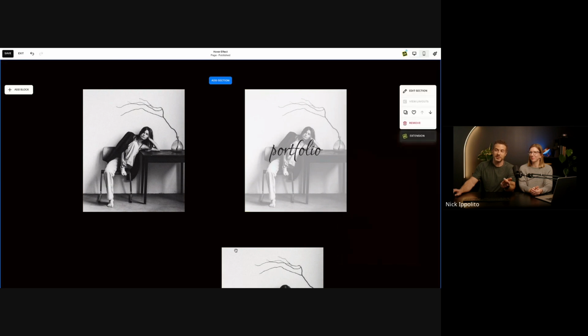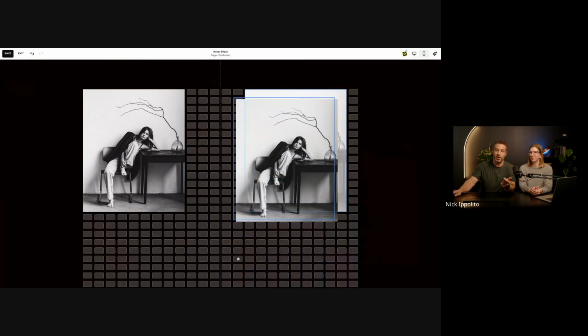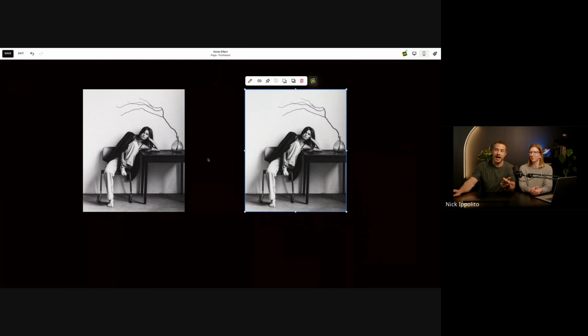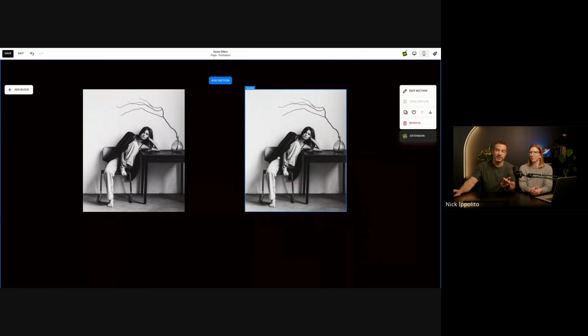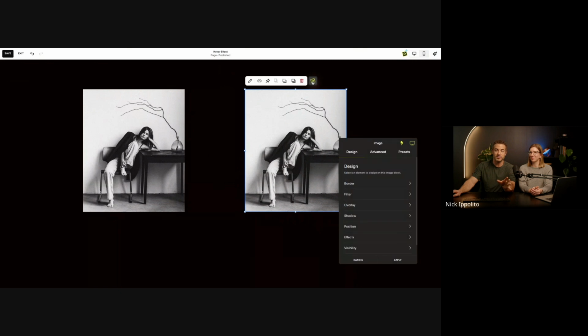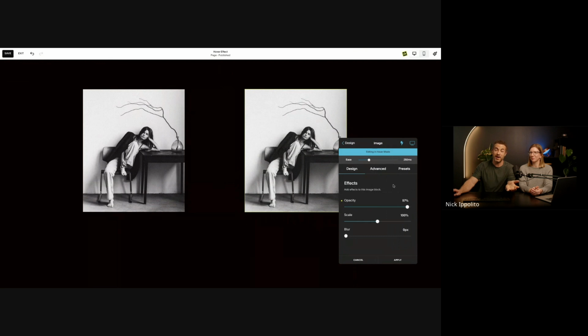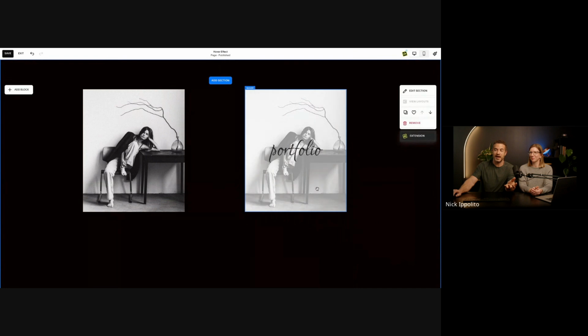The next thing I do is bring another image and pop it straight over the top. Now, obviously, I want this to animate on hover, so reveal what's underneath it. So if I go to my Squarekicker tools and go to my effects, I have an opacity slider, as you can see, so I can actually hide the image. But what I want to do is hide this image on hover. So I click my hover icon, and now I can design what my block looks like when I hover on it, and I'm going to make this fully invisible. So now, as you can see, if I hover on it, I get this really cool effect.